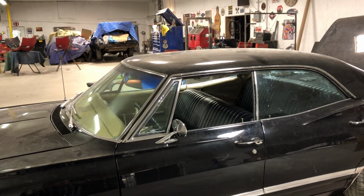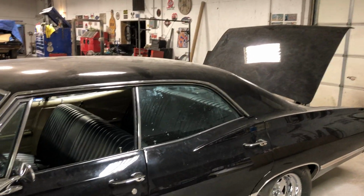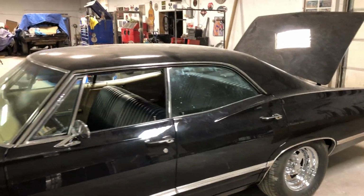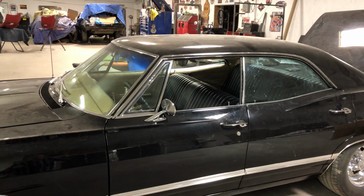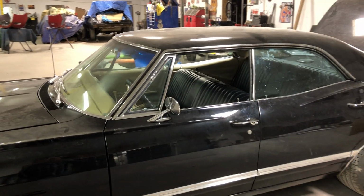Or if you took it to a car wash, you didn't get water coming down on the inside of your glass and stuff, just because it was a better sealed up car. The hard tops are just very, very hard to do that. So, but anyway,